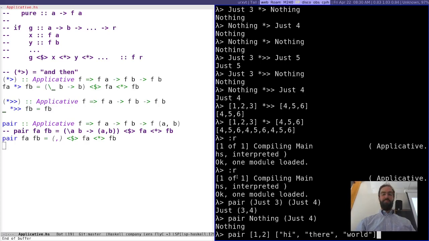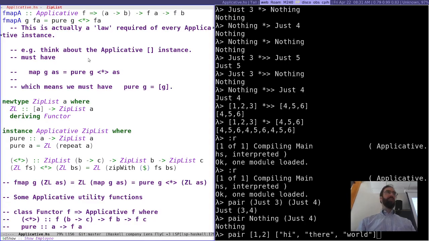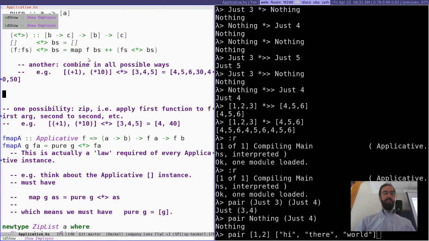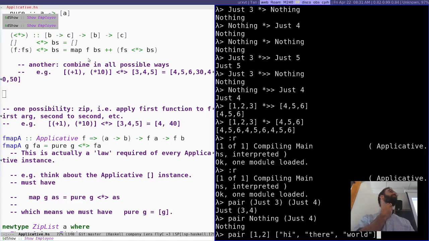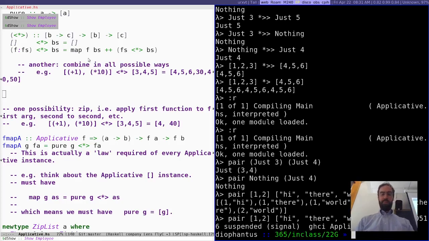One times two there, and then no row column. That's what the zip list thing did. So we had this zip list thing that just zipped them together. But that's not what normal lists do. This is basically a Cartesian product. So it just gives us all possible pairs of one thing from the first list and one thing from the second list. If we do the zip list thing, it would do